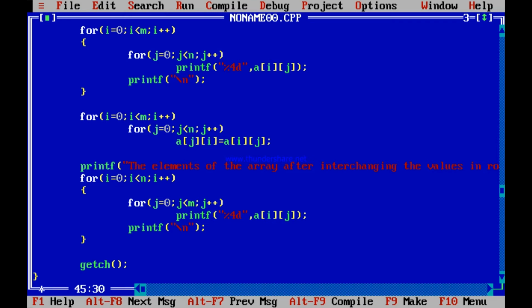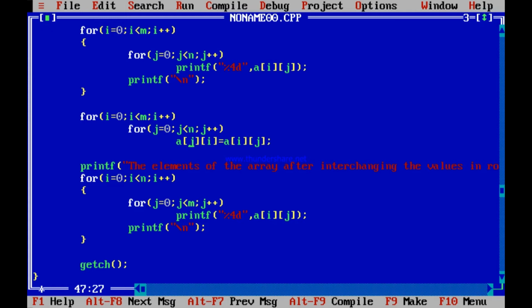Then what? Again, when next time i becomes 1, you are entering with j equal to 0. What are you doing? A10, you are copying to A01. You are again changing the change that you made, restoring the original. See what has happened. First time i was 0. You entered with j as 0. Okay, A00 copied to A00. No problems. Next time j is 1, which means A01 copied to A10. In this way you copy A02 to A20, A03 to A30.